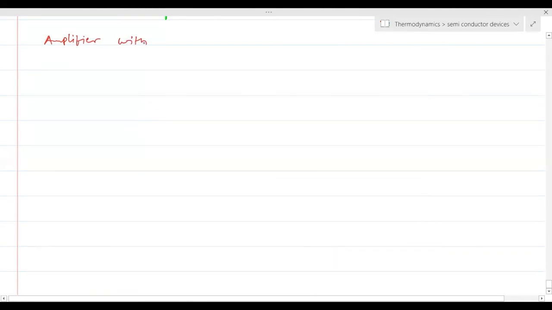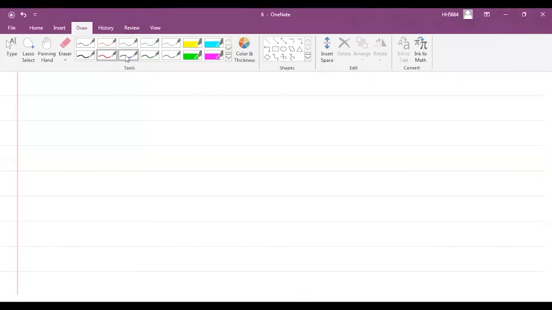Now we will think of the amplifier with feedback and without feedback. Amplifier with feedback. Let us discuss it for a while. For example,